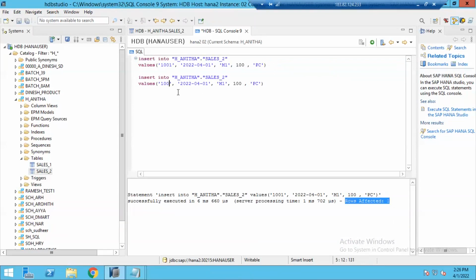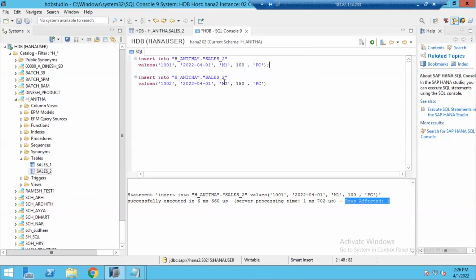So I'm inserting 1002 on the same date with material M2 and quantity 150. When you have multiple SQL statements on your command prompt, you can separate them by using a semicolon.